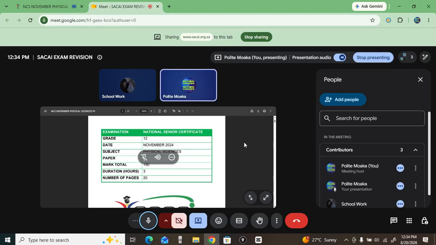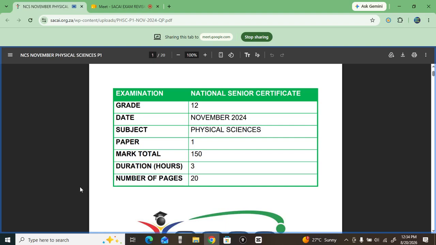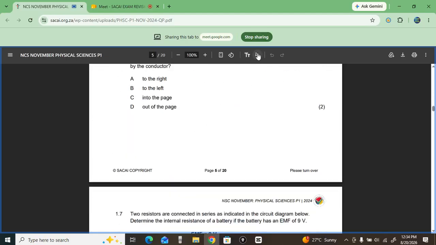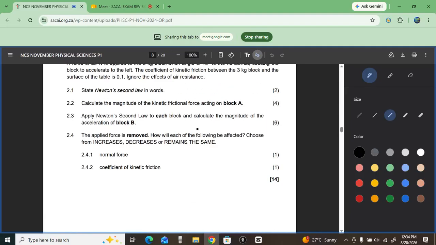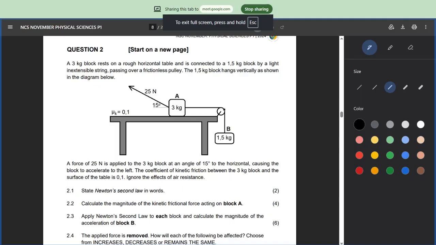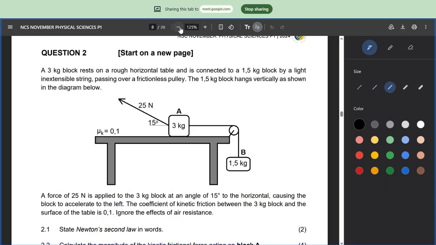All right. Okay. So on this question paper, let's first start with question two, which has to do with Newton's law. So this is the question that I will first try to attempt. Okay. So they say that a 3 kg block rests on a rough horizontal table, and we are told that